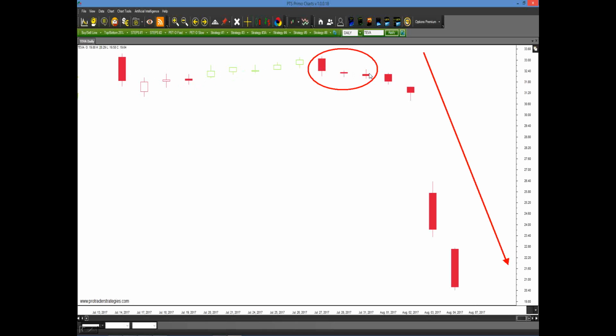And even though a signal wasn't generated, you knew that you were in a downtrend, that you should never be buying if the bars are red, and you should never be selling if the bars are green. So right there, the PET D would have kept you out of trouble. Maybe you would not have shorted this, but at least you would know not to have gone long.